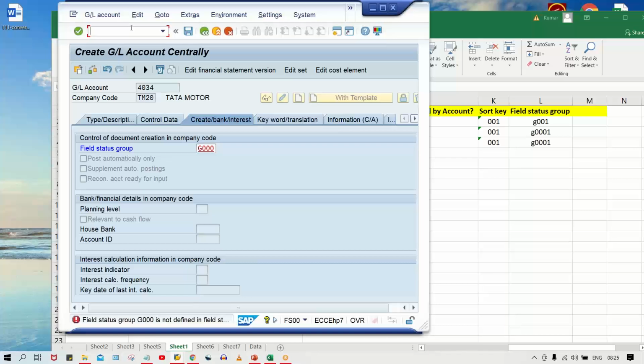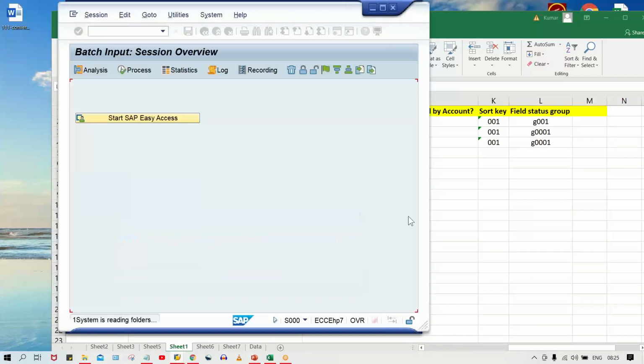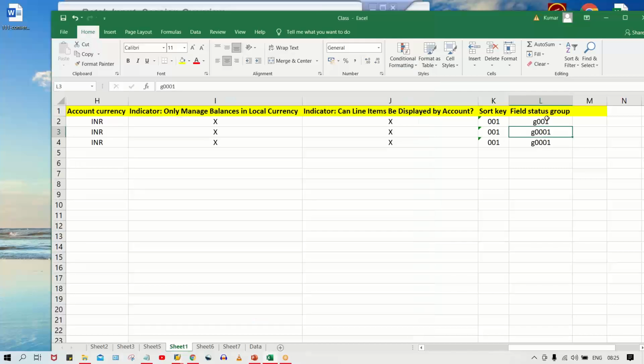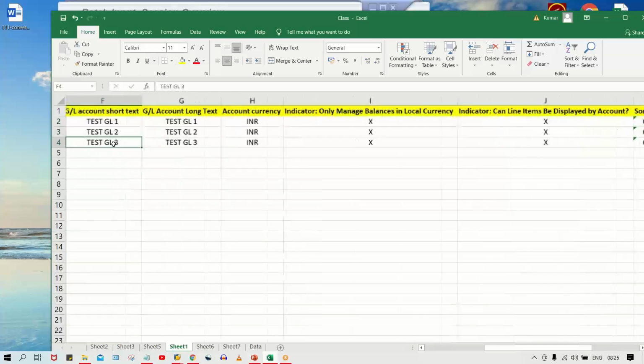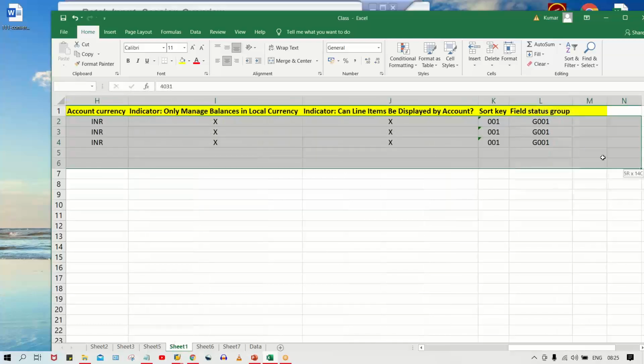Okay, now here what is happening, guys? /n once again. So all three, the file itself is having a problem. Look here. If you see the overview, it's showing in error, right? Error is there for all three GLs, right? We know very well. So now what we have to do, you just do one thing, Z001. So this time I will not make a mistake. Okay, so you just copy